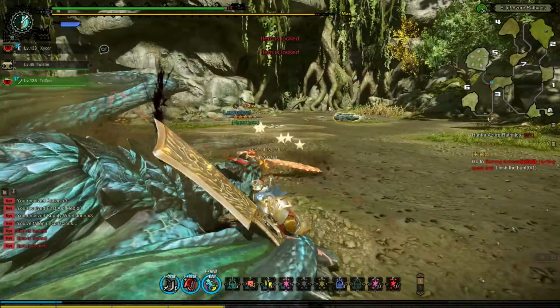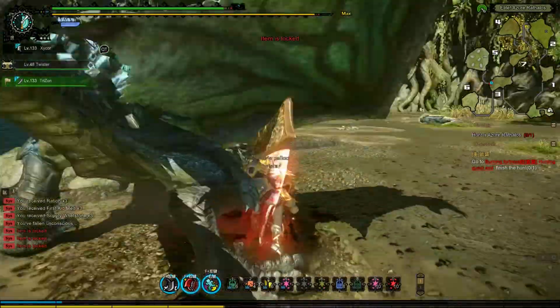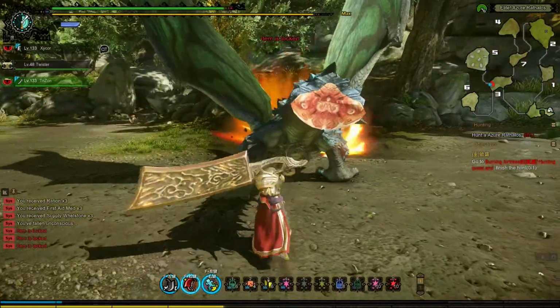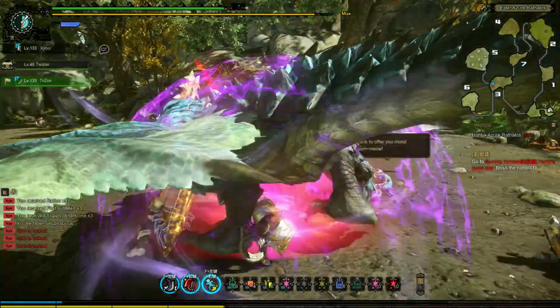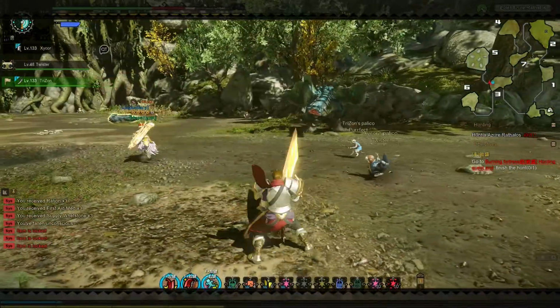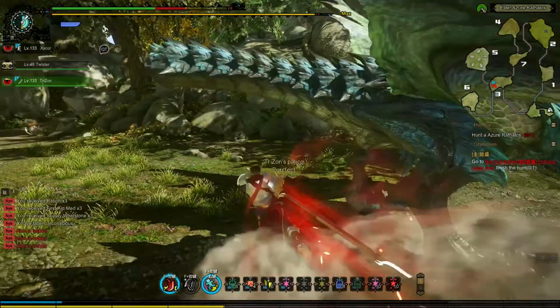And the best way to flash bomb Rathalos and Azure Rathalos and even Rathian is when they're in the air, because if you can flash bomb them when they're in the air, they'll fall and you'll get a lot of free hits. And I think Trizon's Felon just staggered it, but I'm not sure. There, I'm using my special,